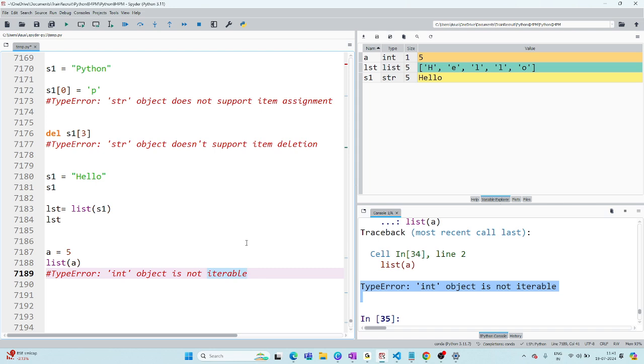What is the uncommon point between int and list? Index is not there because it's a single element. How can you convert a single element into a list collection? Is that possible? No, not possible. That is what it is saying.